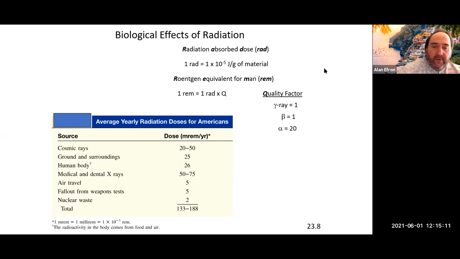The quality factor is basically a RAD times Q, and you can see that depending on the type of particle, we have a much lower quality factor. So that's a 1, which means this is going to penetrate a lot more. This doesn't penetrate as much, so you technically could be exposed to a little bit more of that without maybe